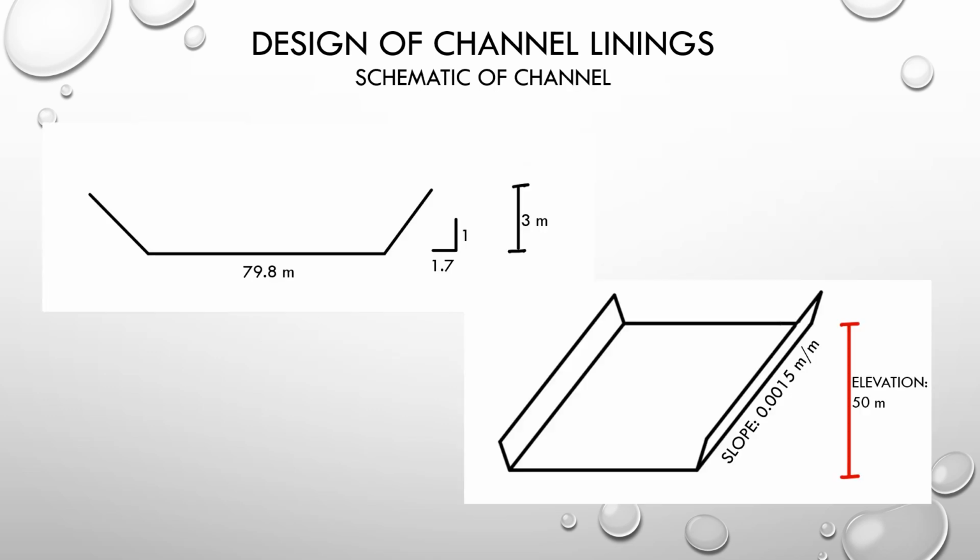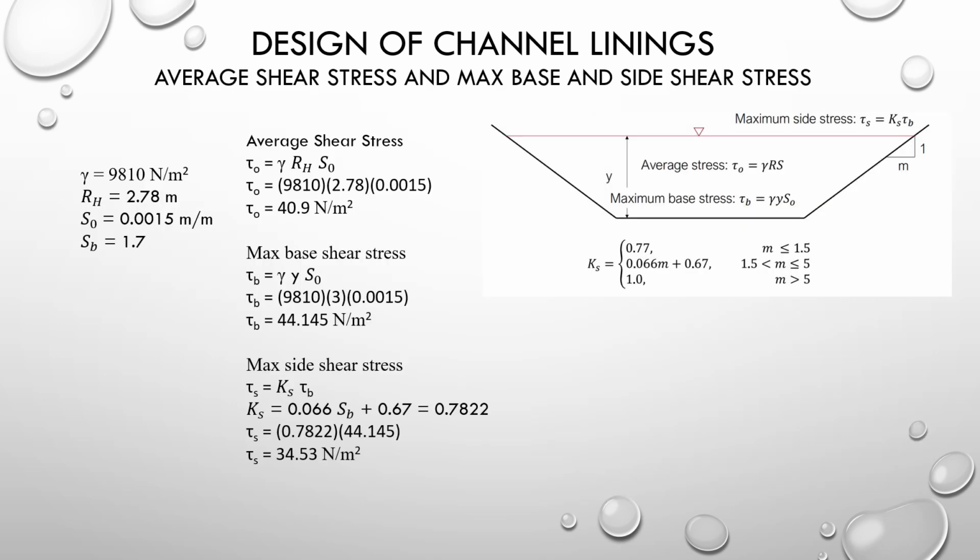After finding the geometric characteristics of the channel, we can present a schematic of the channel shown below. Next, we have to find the average shear stress and the max base and side shear stresses. To find the average shear stress, we use the formula, which is specific weight of the water multiplied by the hydraulic radius multiplied by the slope of the channel. Plugging these values into the equation, we find that the average shear stress of the channel is 40.9 newtons per